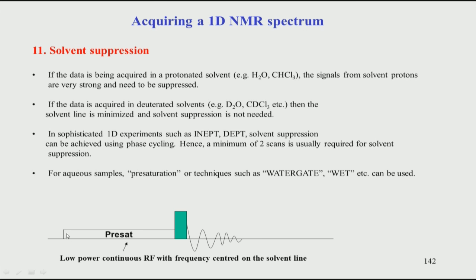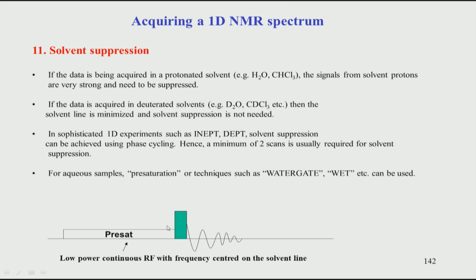When you apply a weak RF on the solvent frequency, you irradiate the solvent, and you equalize the populations of the alpha and beta states of the solvent. You recollect that we talked about 2 energy levels in NMR, alpha and beta for spin half nuclei. Water has a proton, and the proton has alpha and beta states, but if I selectively apply a continuous RF only on the water protons, then the water proton populations between alpha and beta get equalized after a certain time, and that is called saturation.